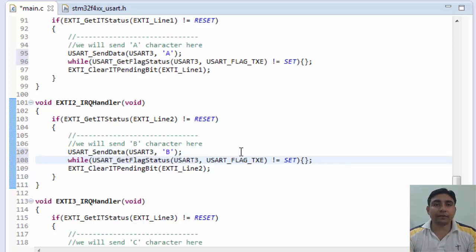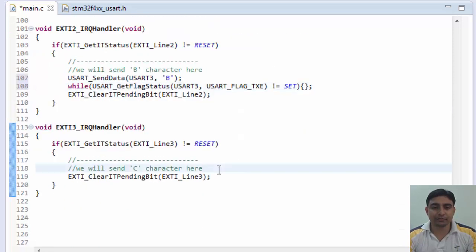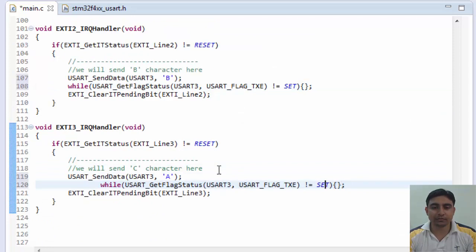Okay, then same for third ISR, it will send C character. Okay, so we have properly written the ISR for each interrupt of switch press.